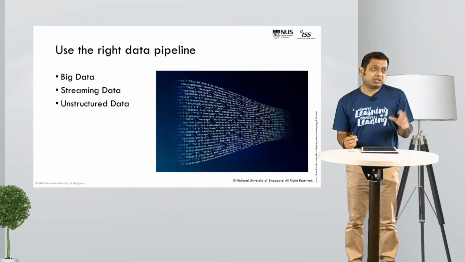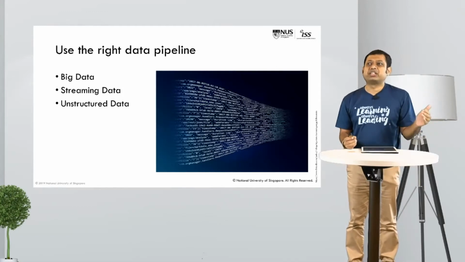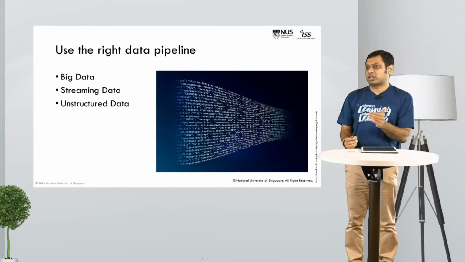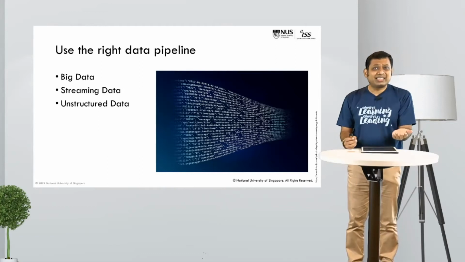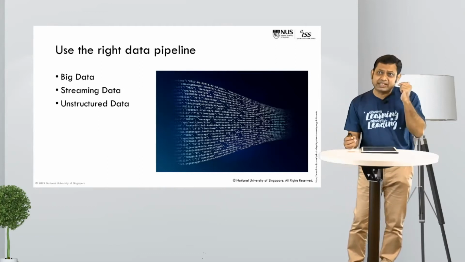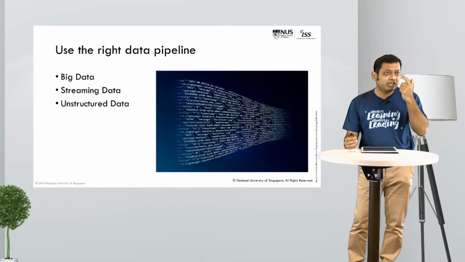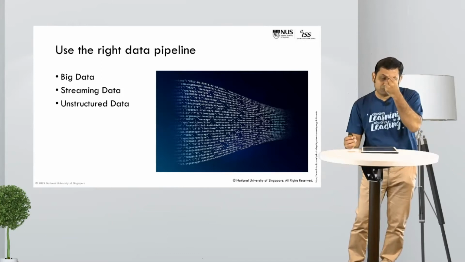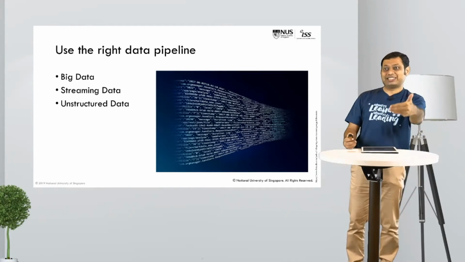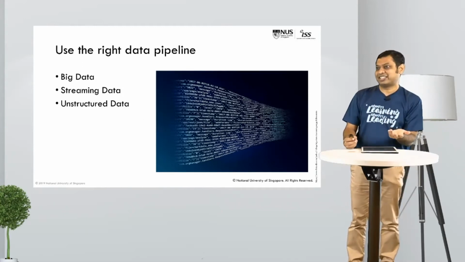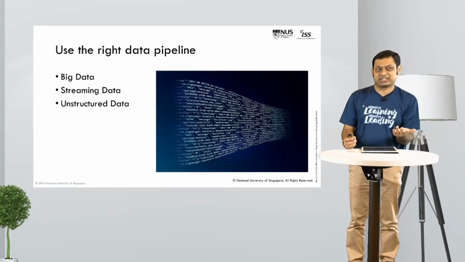Another category that I want to distinguish is unstructured versus structured. When you're talking about unstructured data, you're talking about images, text, video, and interesting examples of late called affect data. Affect data is data where you're looking at facial expressions. Let's say you frown or you smile, and you look at the facial expressions and you say somebody's happy or sad. Interesting data sets like that are coming in which are unstructured.